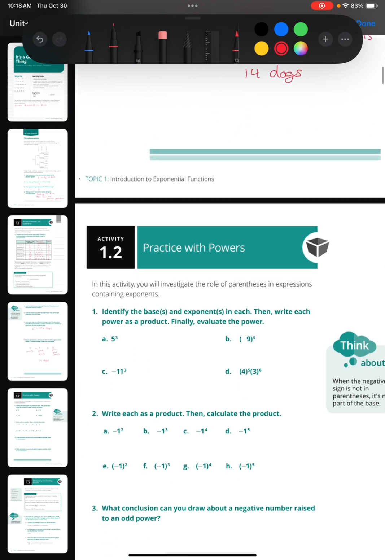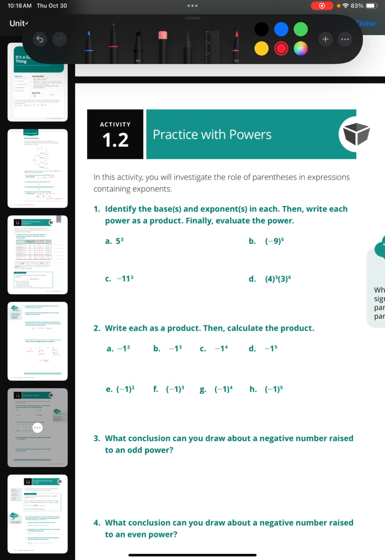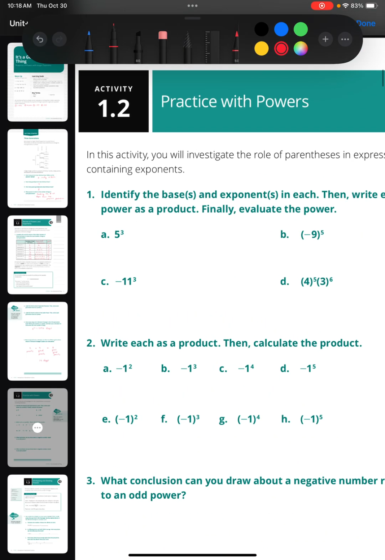All right, so we're going to look at 1.2 now, practicing with some powers. So again, I'd practice putting these in the calculator, and especially when we get to the negatives, we're going to talk about those. So 5 to the 3rd,